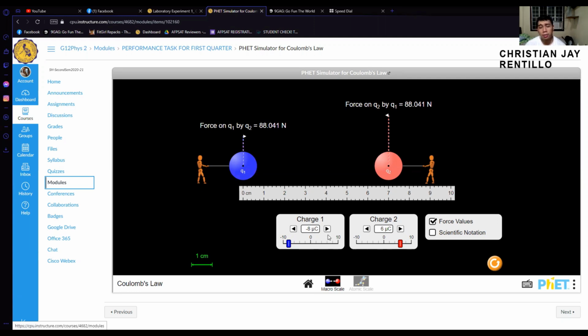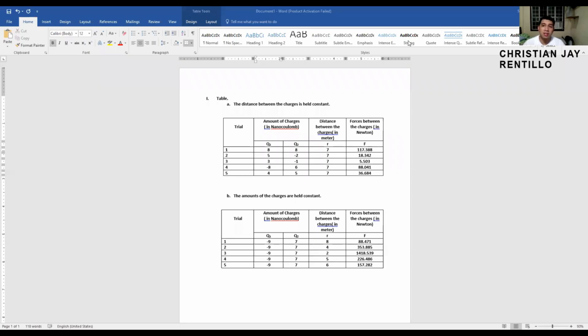Now for our number 5, we will make charge 1 into a positive value again, and we'll make it into a charge of 4, while our Q2's charge will be a value of 5, so we will have a value of 36.684 N. For table B, the process is still the same using PhET simulator, but instead of the distance being